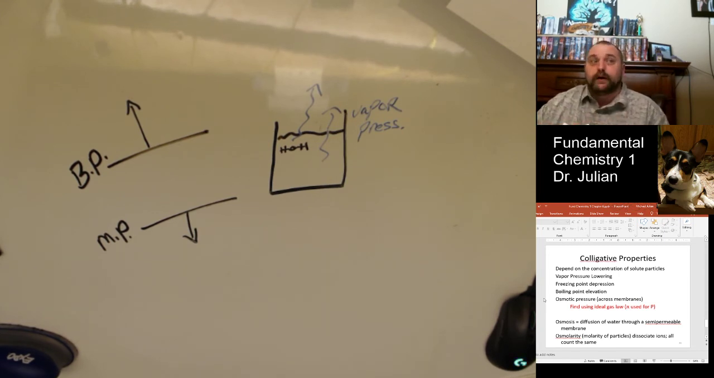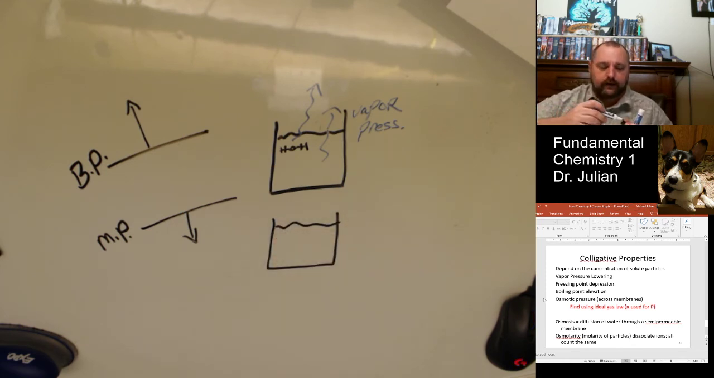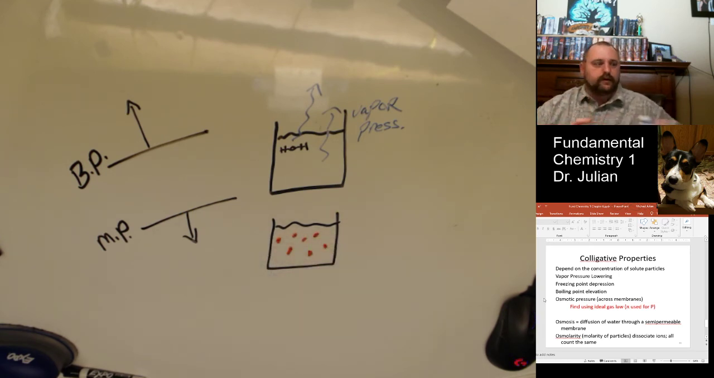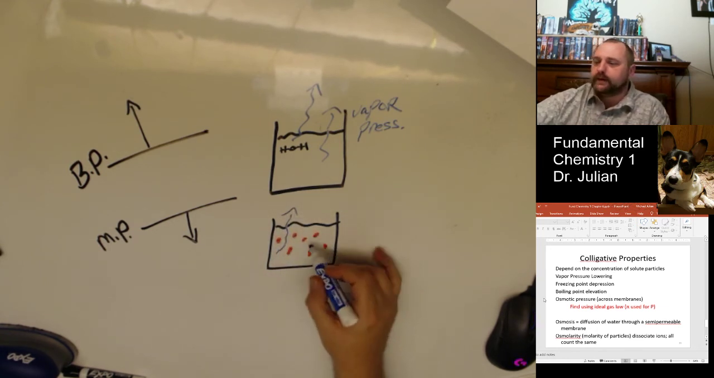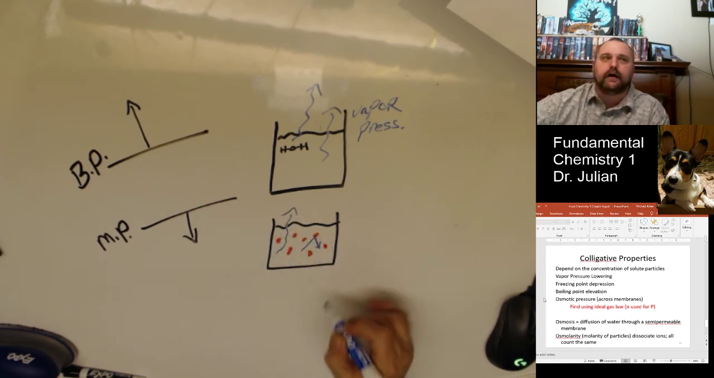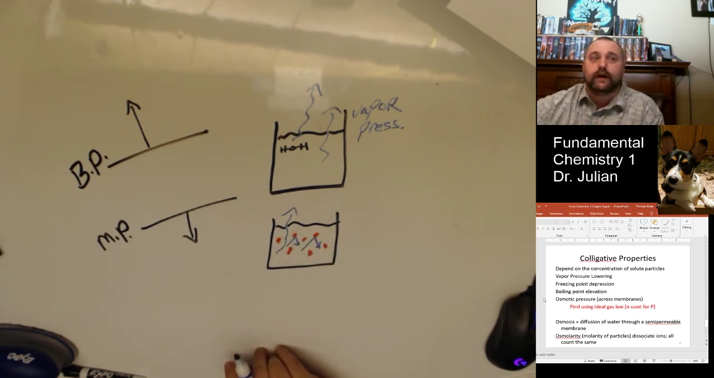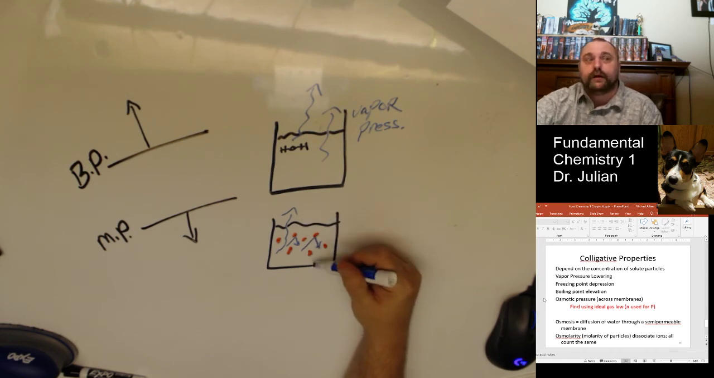All right, now what if I take a similar thing, but now I've got some particles dissolved in it. I don't know, some sodium in there or some chlorine. It doesn't matter what it is. Some of this water can make it up and go into the gas phase. Some of it will hit and bounce off. And if it bounces off, it lowers the vapor pressure. And so as I lower that pressure, then I have to raise the temperature to get it up